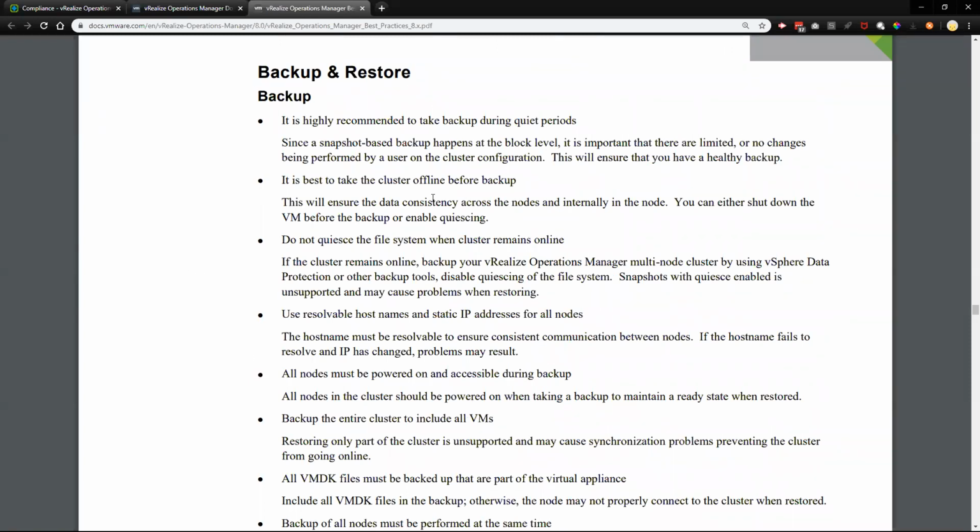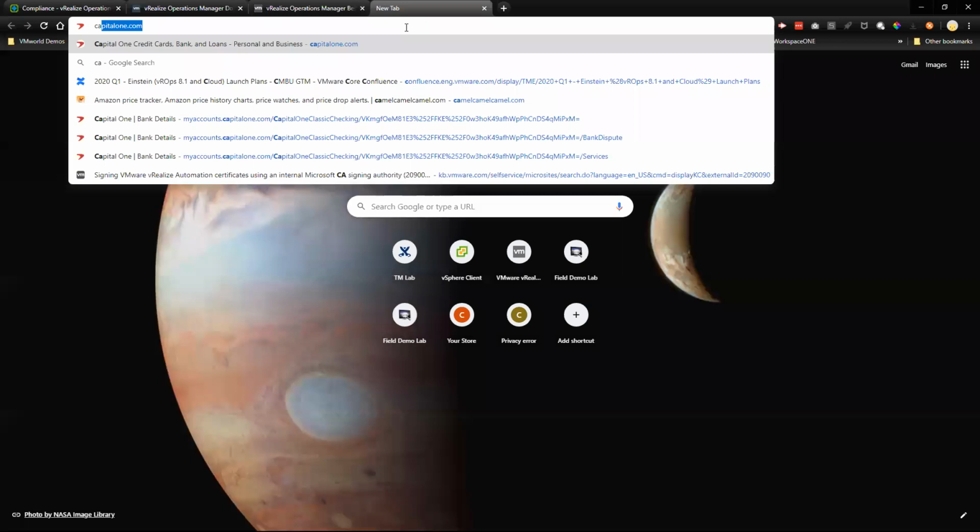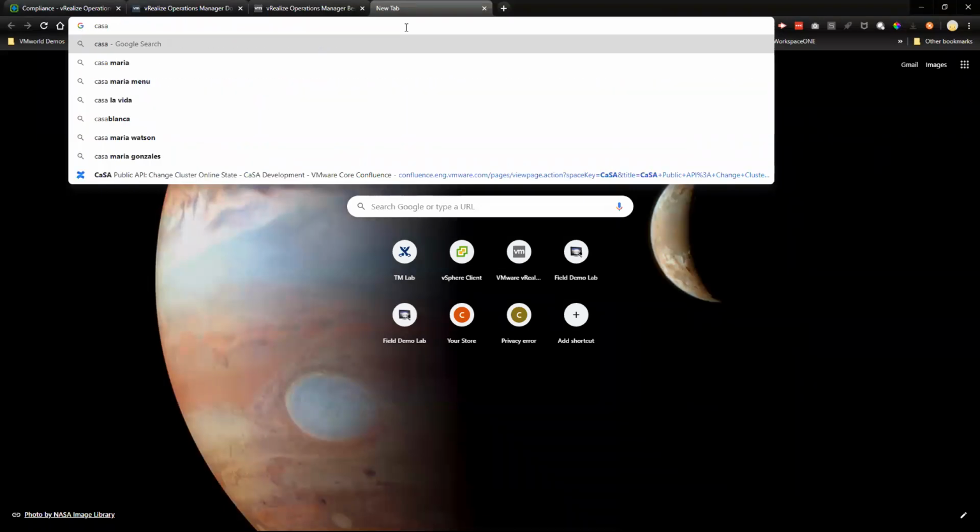For example, take the cluster offline, and this can actually be done through APIs. You don't have to do it manually. There are APIs to do that. They're called CASA APIs. Let me see if I can find,